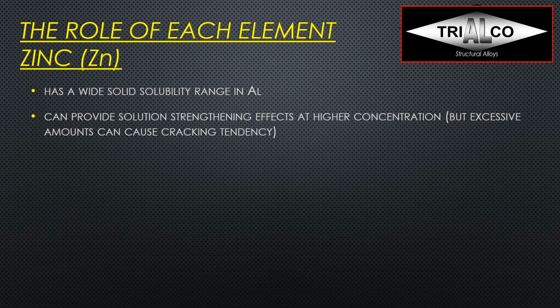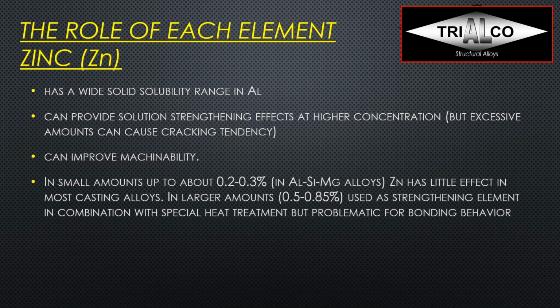alloy. Zinc is not an alloying element, but is limited to 3%. So if I'm already high in silicon and in copper, so I have a very strong alloy, and now I'm adding 3% zinc, I might actually just crack the casting right before it comes out of the die. Zinc can improve machinability, and in small amounts, up to 0.2 to 0.3% in the aluminum silicon magnesium alloys, zinc